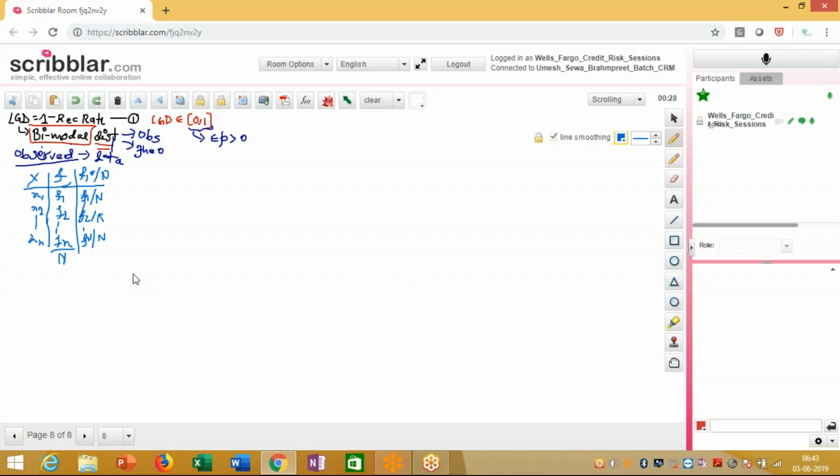This is nothing but a probability, and corresponding to the probability, you have the set of outcomes. Now, if I plot these two together in a graph, what I get is my observed distribution. This table is called the relative frequency distribution table. And now if you plot this graph over here,